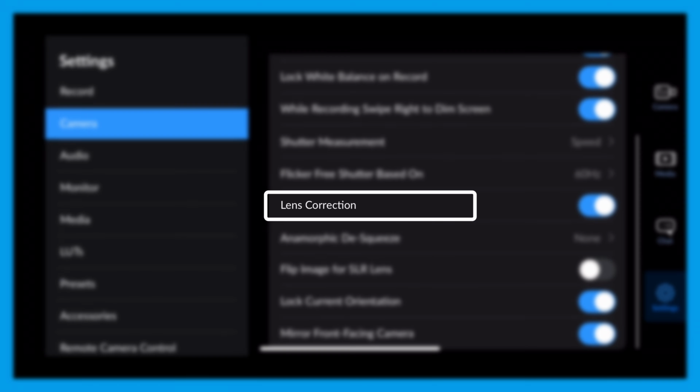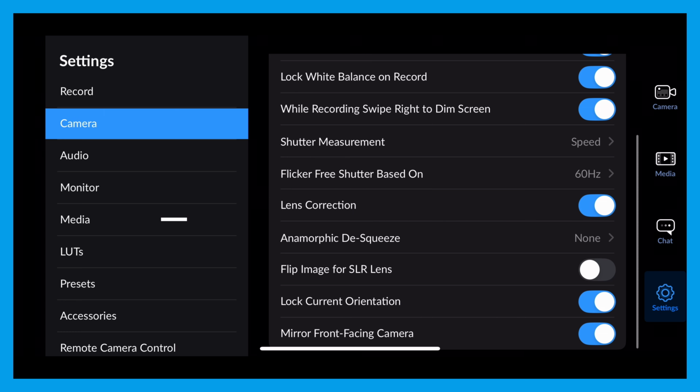Next is lens correction. This will minimize distortion, especially with ultra-wide or front-facing cameras. It basically straightens lines and removes that fisheye look, so your shots appear more natural and clean. For most shooting situations, it's a good idea to leave lens correction on, unless you're going for a stylized warp